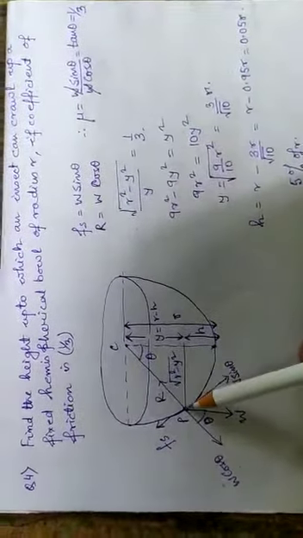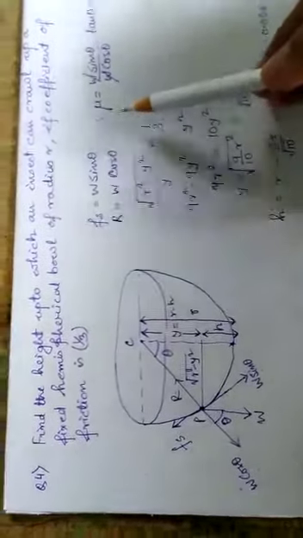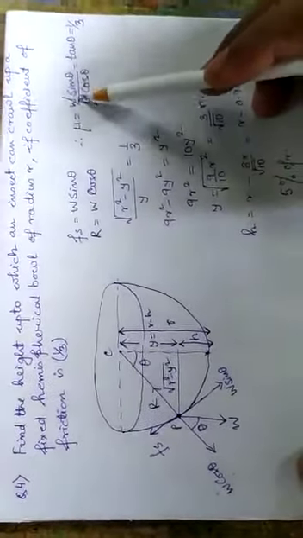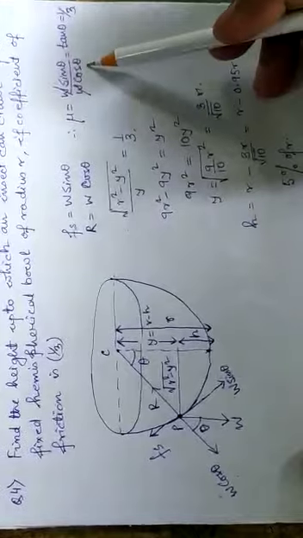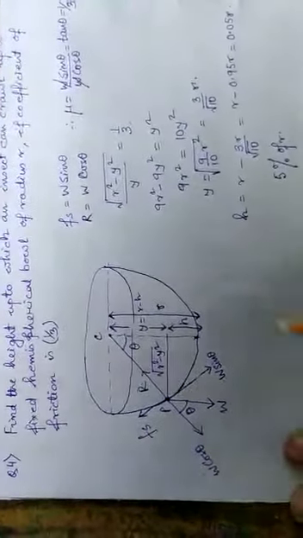R is the normal reaction which the plane gives on the insect. So R is equal to W cos theta. So mu is equal to Fs divided by R. So it is W sin theta by W cos theta, that is equal to tan theta, equal to 1 by 3. Now it is simple mathematics: what is tan theta?